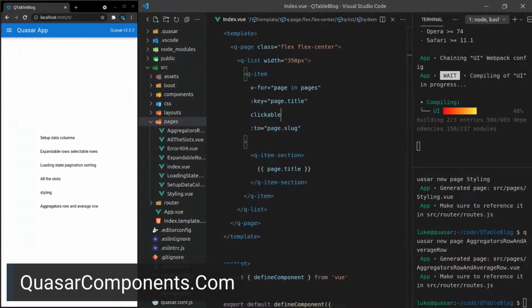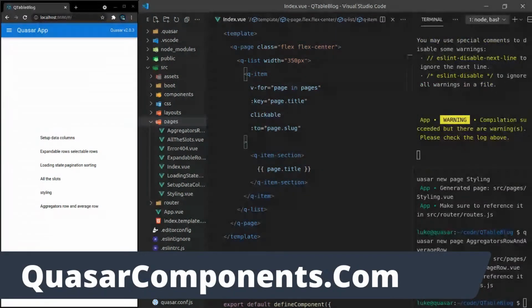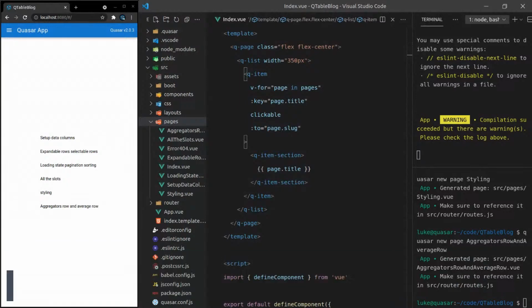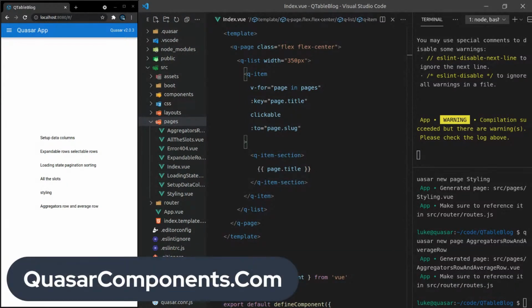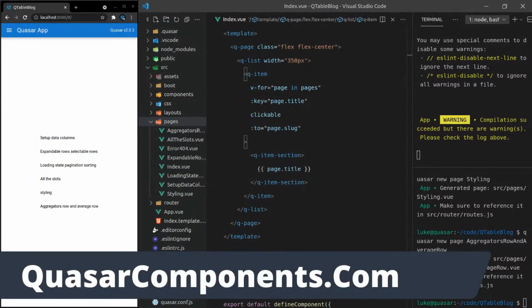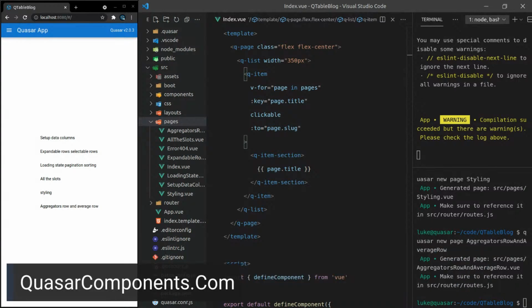That's good stuff. Oh, I can probably get rid of that Quasar component. No, let's leave the Quasar components.com banner. Let's see if I can make it smaller though. Maybe like default. What does that do? No, that's big. Minimal, bubble, block, minimal. Yeah, okay, I kind of want it to be smaller, but maybe I'll just look into that later. See if I can find a way to make it smaller. But let me know if it's annoying and I'll get rid of it. Just, you know, you got to market your stuff so that people know about it.